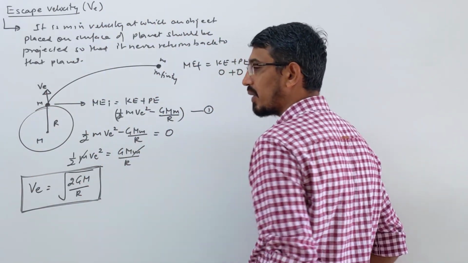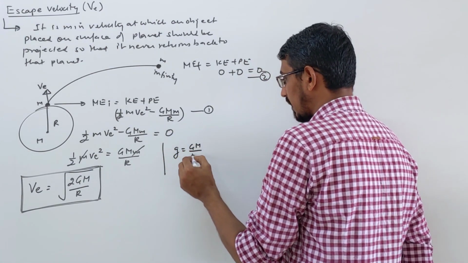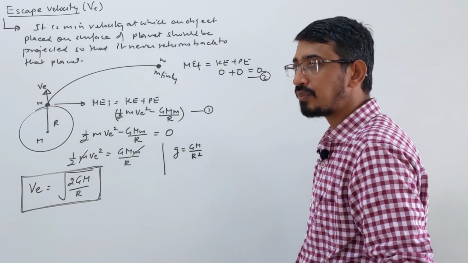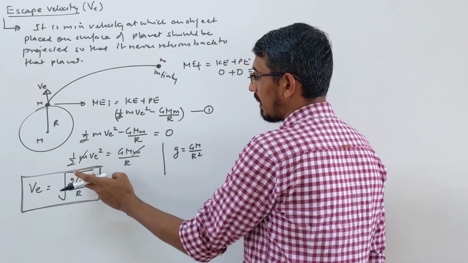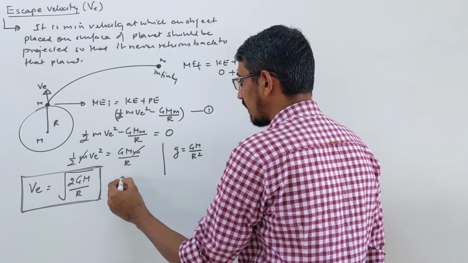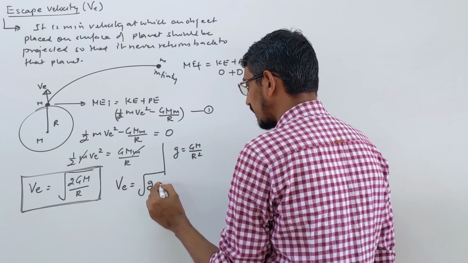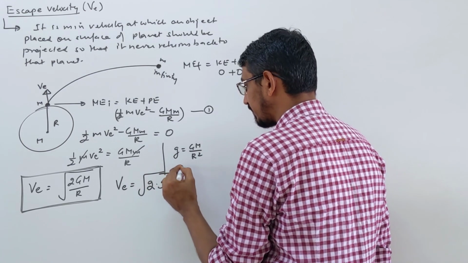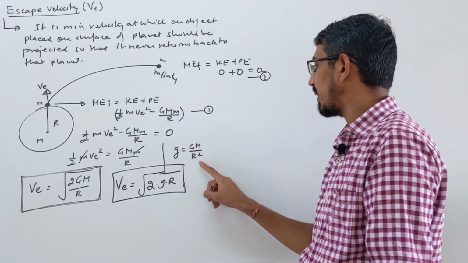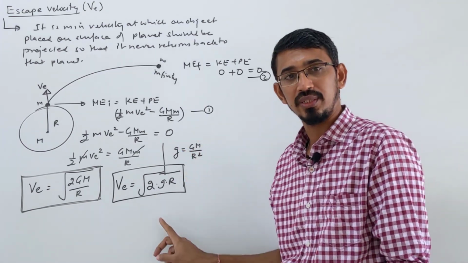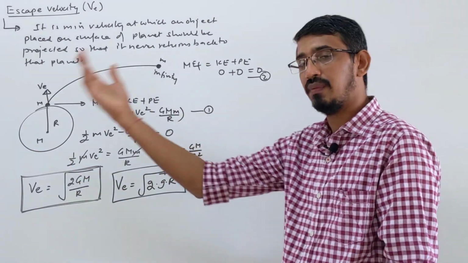Suppose in terms of g you want to write small g, everybody knows that small g is nothing but capital G M by R square, right? So when you are doing this, look here, we just need R here, you multiply by R and divide by R. So simply you get the formula root 2 times g into R. This is in terms of capital G, correct? G M by R square. I am not talking that this is for earth, it is g for that planet, acceleration due to gravity for that given planet.